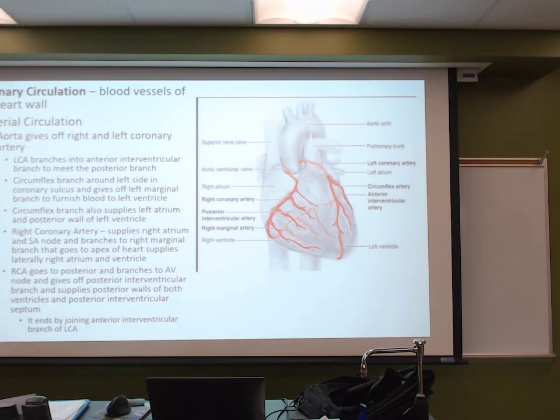I had to have bypass surgery. I had a double bypass. I had a triple bypass. I had a quadruple bypass. What did I